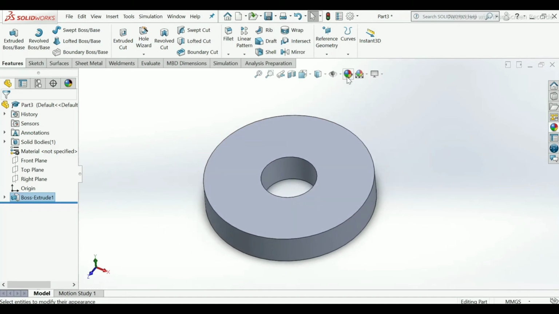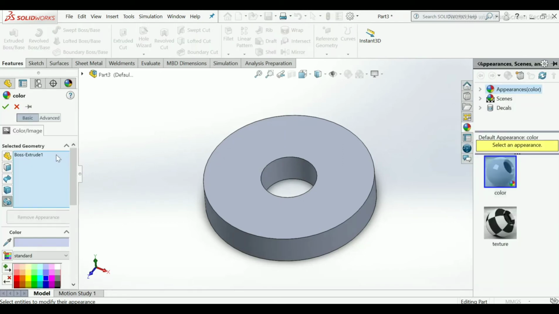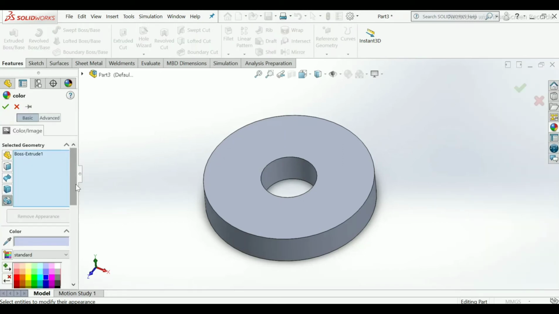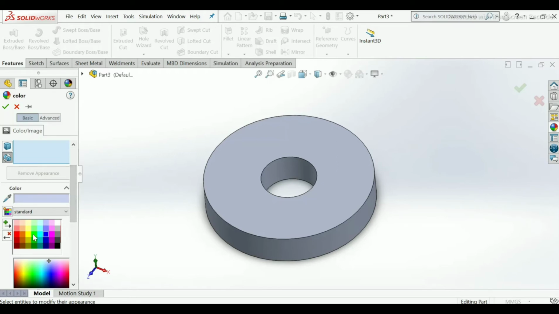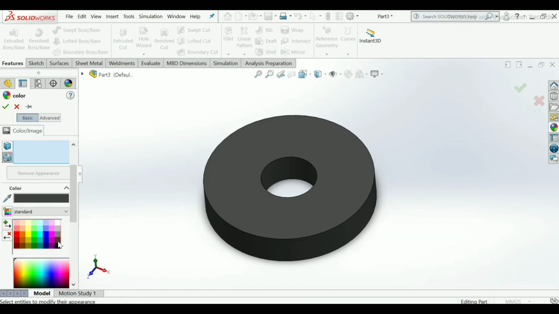I will apply some appearance here. You can also apply the material here. I will choose black color for this.